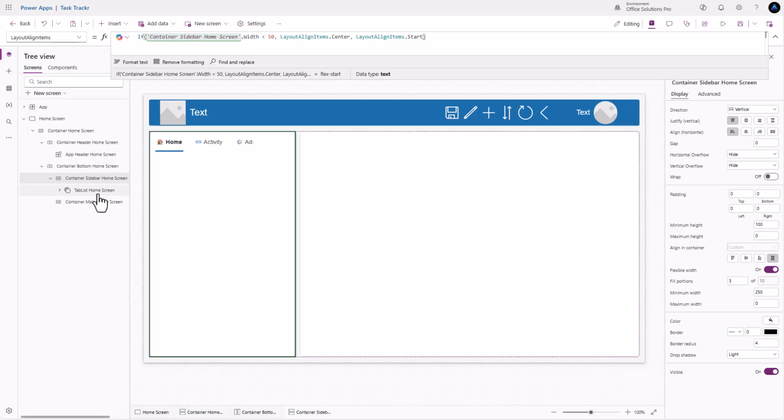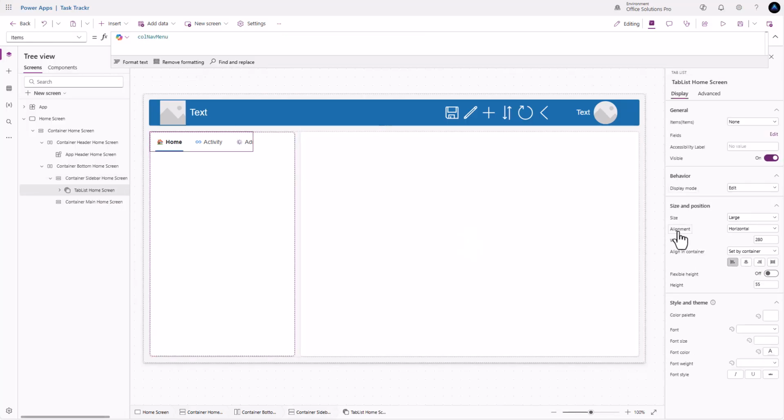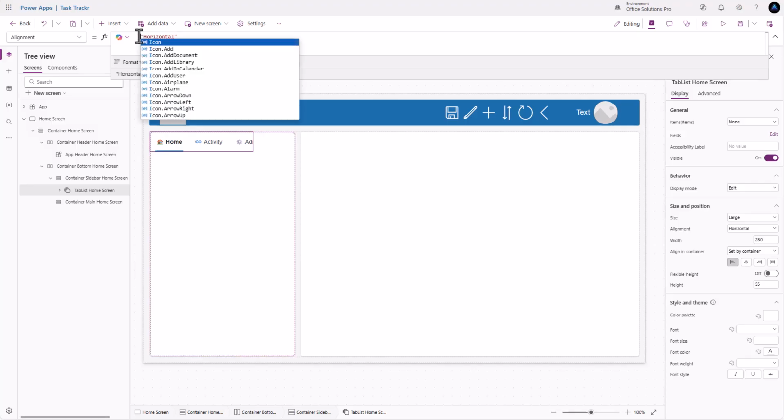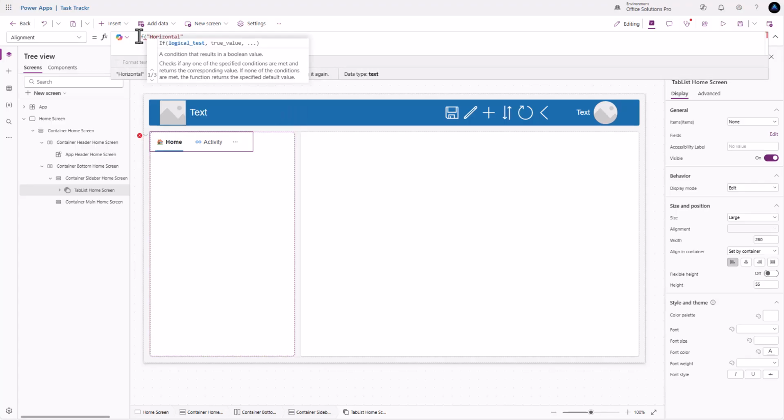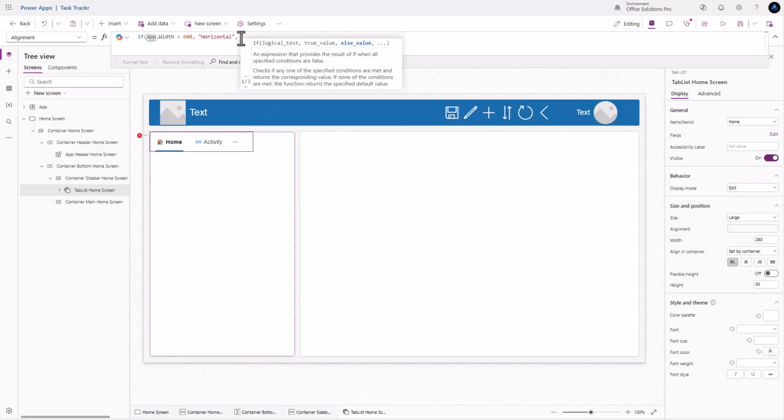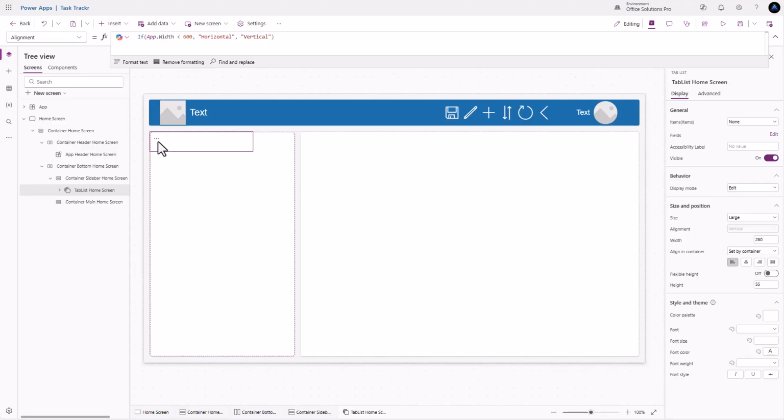Let's go ahead and take a look at our tab list now. Now, one of the first things we want to take a look at is our alignment. So let's go ahead and adjust our alignment here. And again, this is going to be a responsive control. So let's do our app width. We want to make it less than 600. And if it's less than 600, we want to do horizontal. Otherwise, we want to do vertical. And basically, it's saying that we don't have enough space. So if I hold this down, we'll see our options here. So let's go ahead and change our width here. So we'll set our width property to